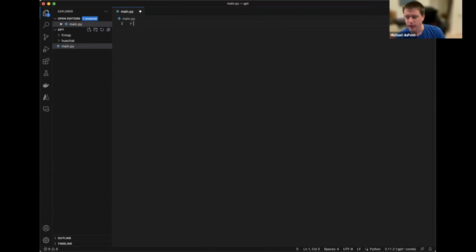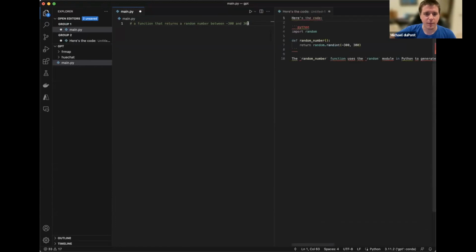That's a fairly simple thing, but just to show what this can do, let's do a function that returns a random number between -300 and 300. Now, with this particular extension, you do Command-Shift-I, and it sends this comment out to ChatGPT and